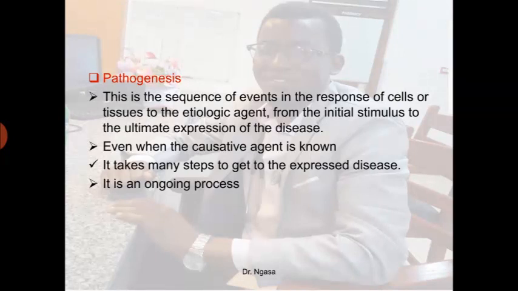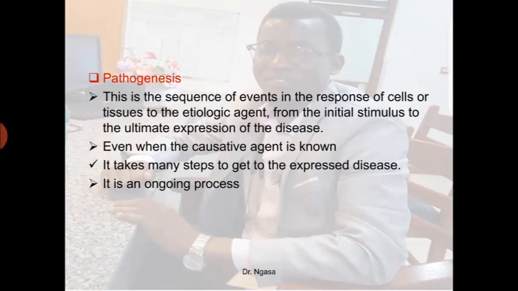So once the etiological agent or stimulus comes to a certain cell or tissue, the way the cell or tissue responds to that agent can later be manifested as a certain symptom or sign, generally known as clinical manifestations. So it is the sequence of events in the response of cells or tissue to the etiological agent, from the initial stimulus to the ultimate expression of the disease. So that is